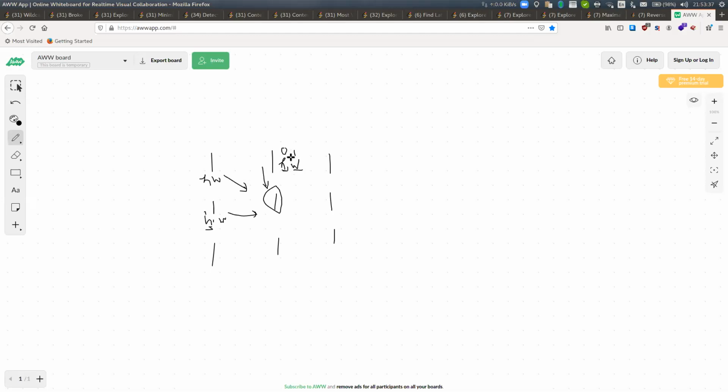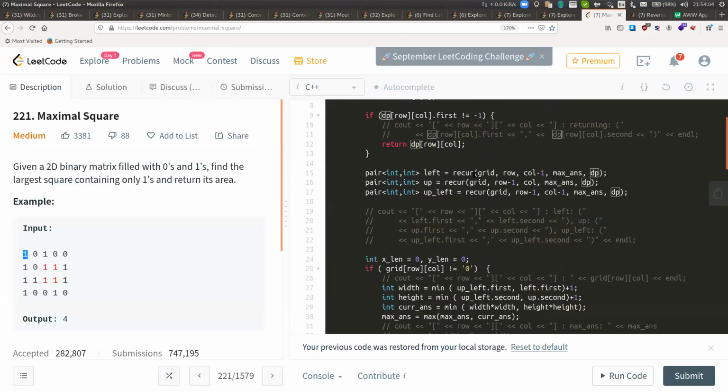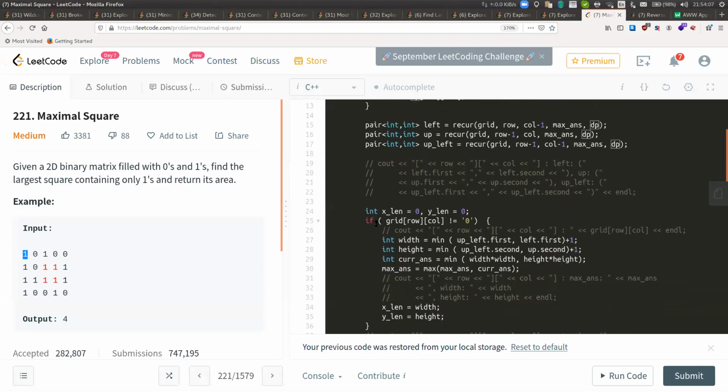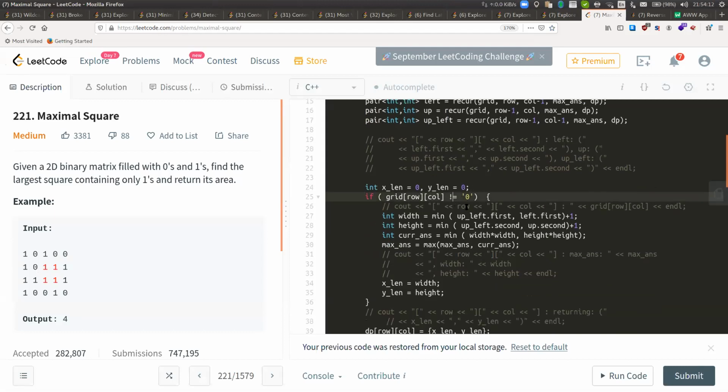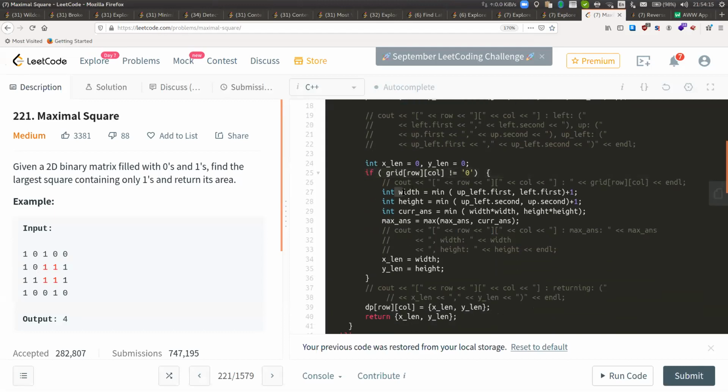So this will have 1, and this will have 0. And this will also return me 0, 0, right? Because height and width both are 0 for this. So when I'm at this, I know that this has height and width 1, 1. This has 1, 0. This has 0, 1, and this has 0, 0. Yeah, so this is my pair of int and int that I'm returning. And now I'm checking if my grid is not 0. Basically, if my current index is also 1, then I'm getting the minimum width, which is